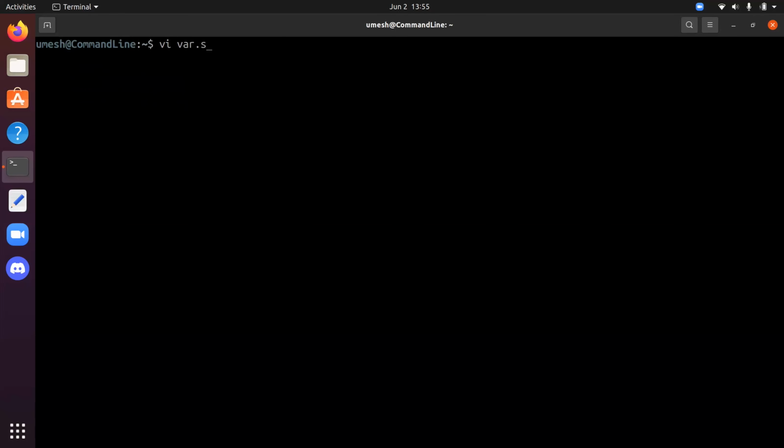Vi var. Create one. Let's do country, and you can use double quotes to give spaces in the value of the variable: "United States". There's no space in the value 50 for states, so you can just simply define it like that.